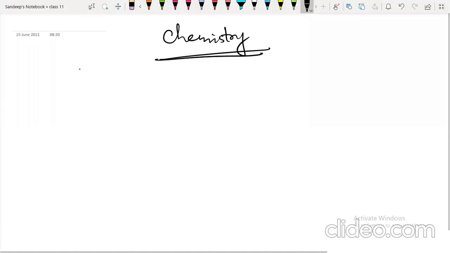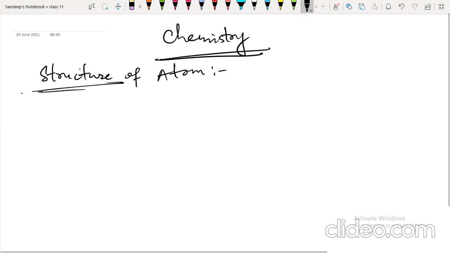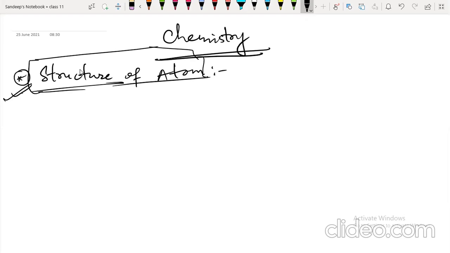So yesterday we did atomic structure topic. So one of you is Bhargav, no? And another is Siddharth. Siddharth, no? Yes, sir. Okay. So structure of atom we did. Have you seen the notes in the group? Yes, sir, I saw.